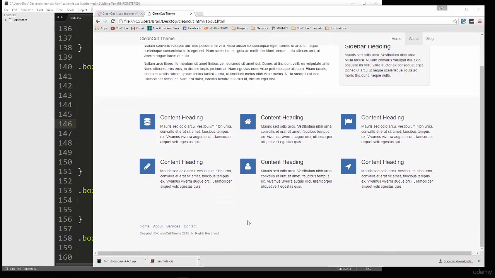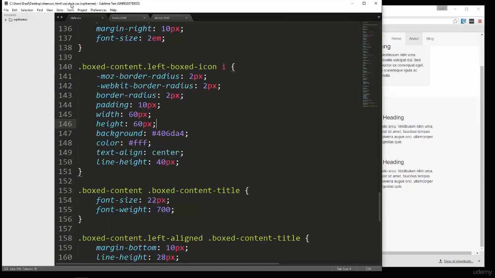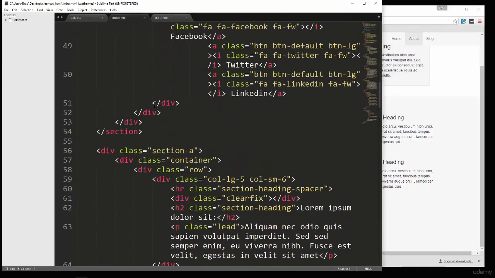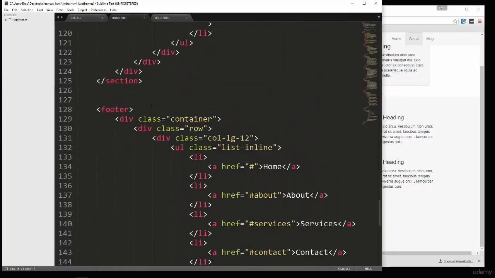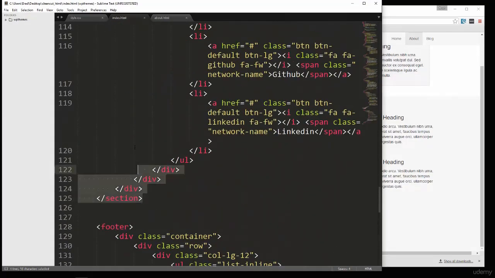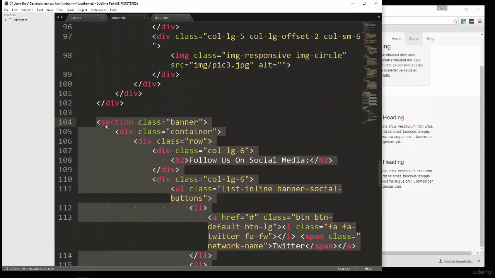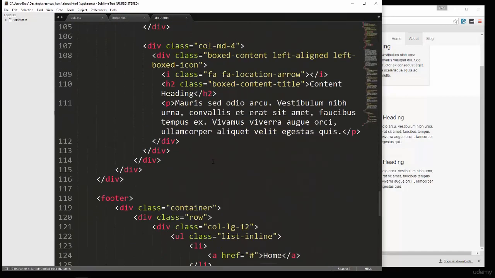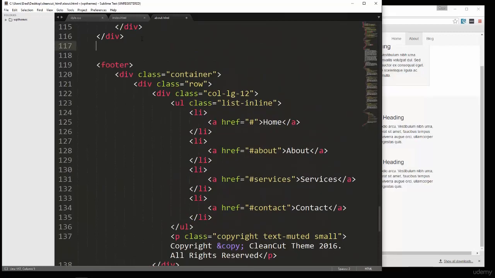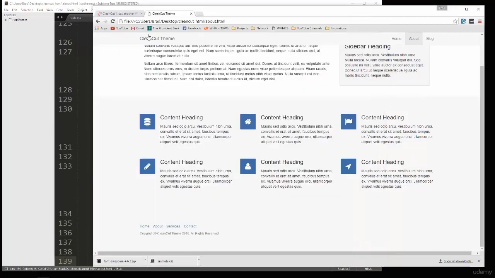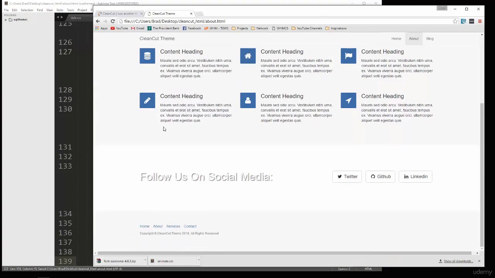All right, now the banner should also be on this page. So let's grab that from the index, and put that in the About page right above the footer. Okay, now the